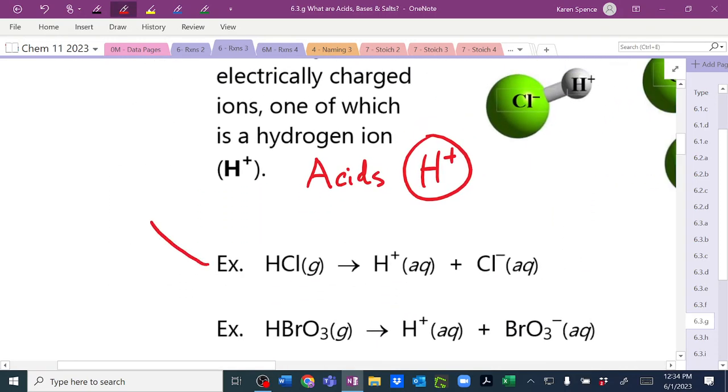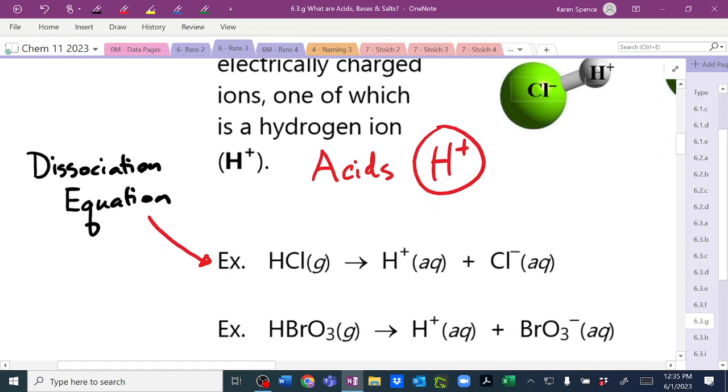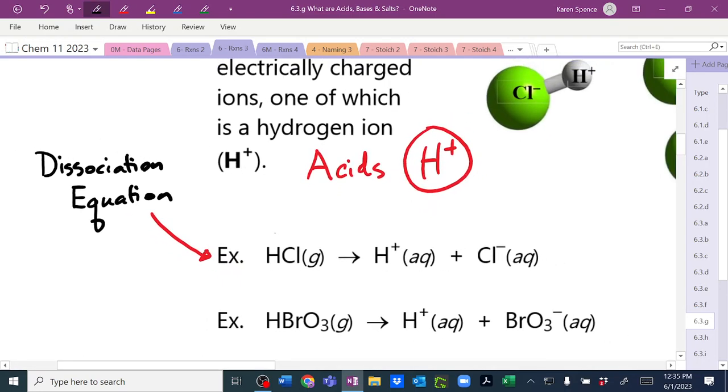Okay, this right here is the dissociation equation. And basically what it is, if you take some HCl, which is a gas,